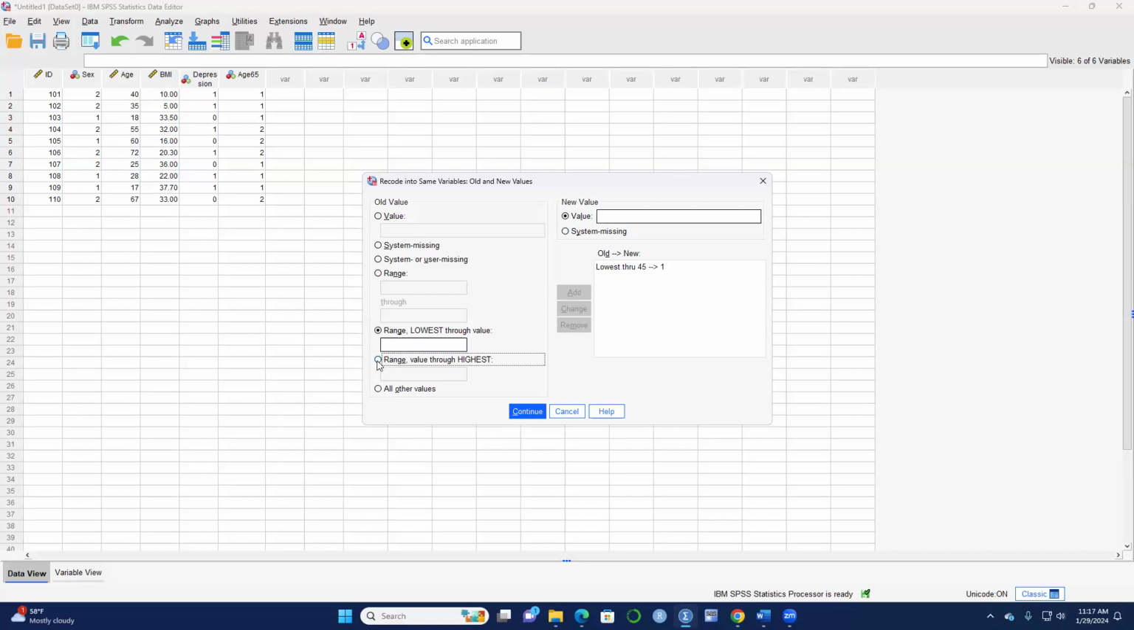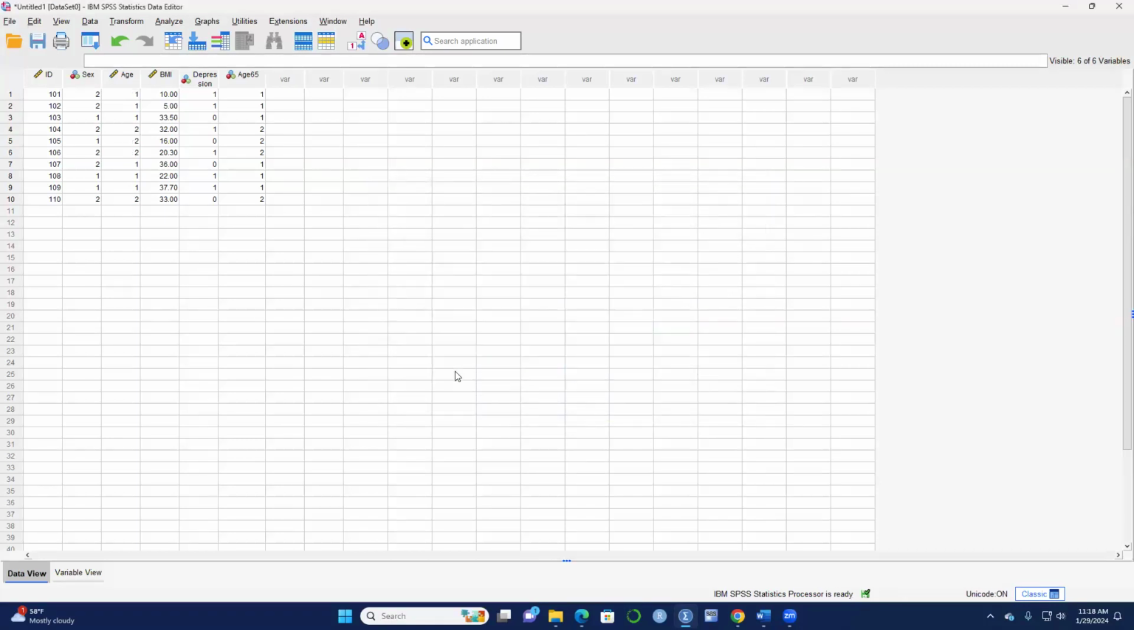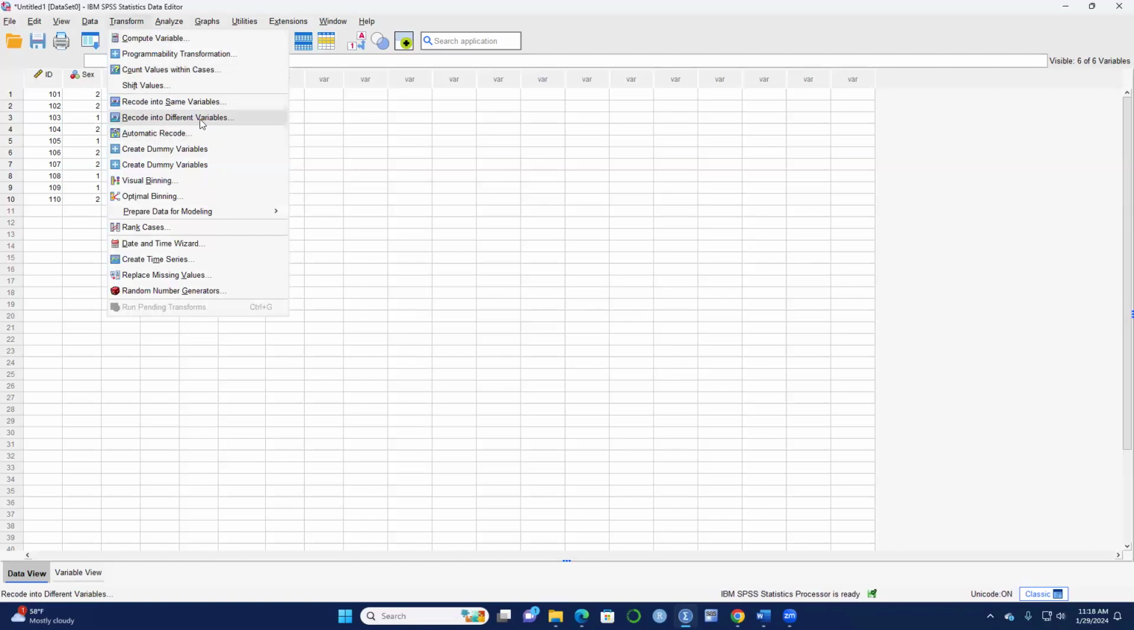And then the value through the highest value, we don't know the highest value, but we know the other value, which is any value that is greater than 45, which means starting from 46. Then we are going to give it what? 2. And then we said continue, and then we said okay. So now you can see that age here has actually changed, right? Okay, so this is the method in which you are making use of